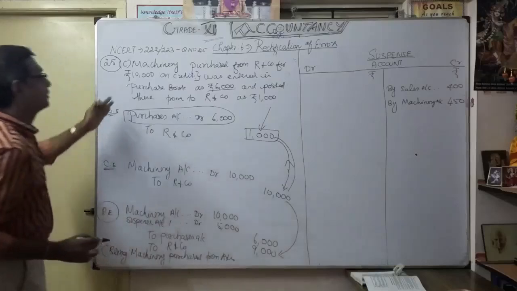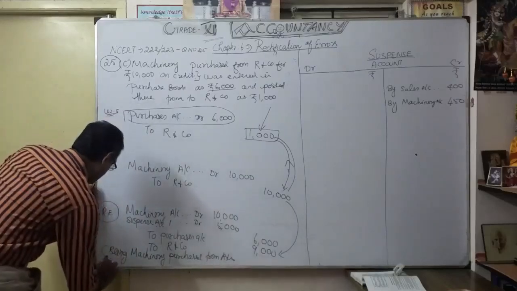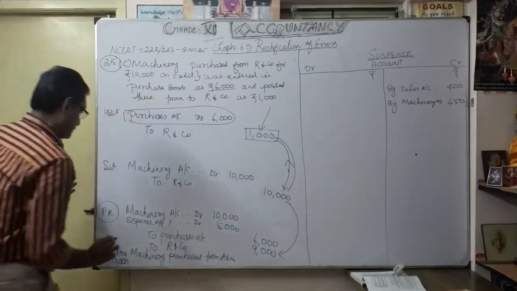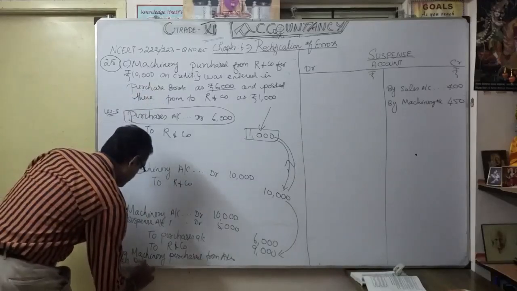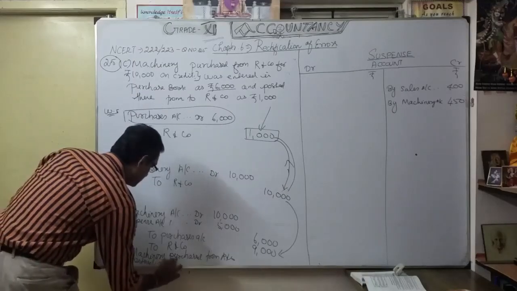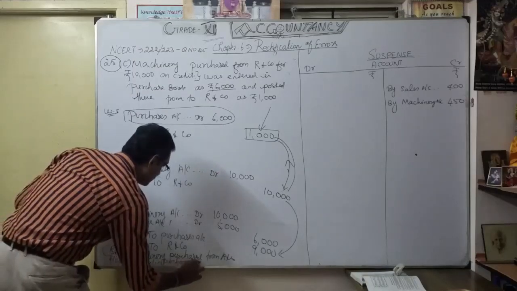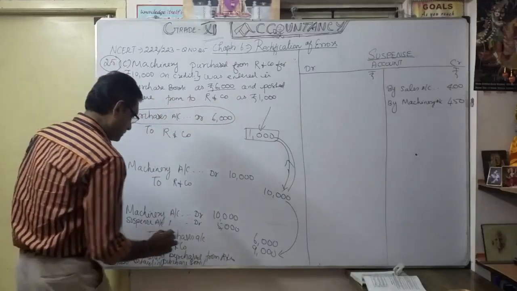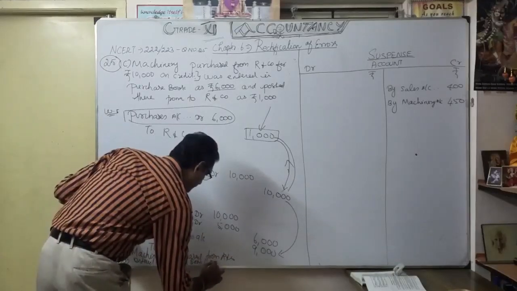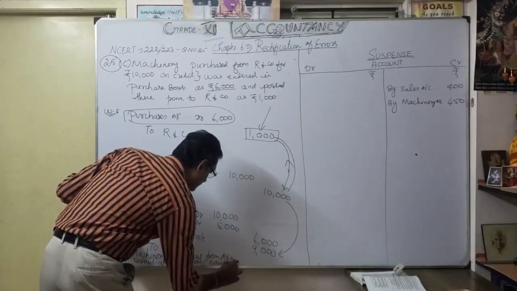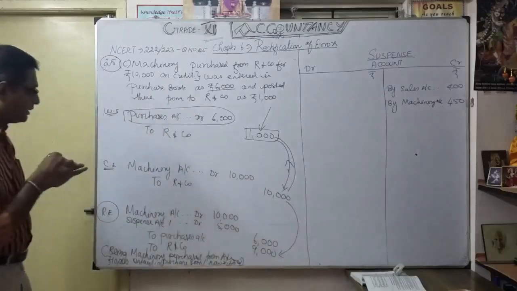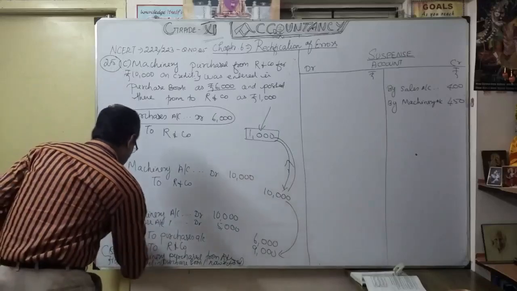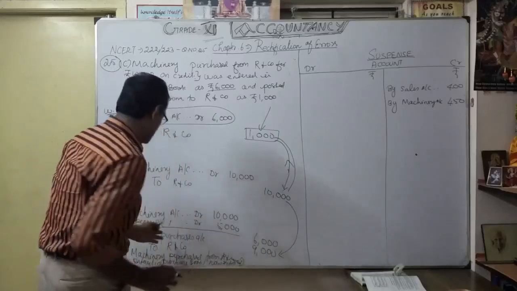RMCO, 10,000. Okay, entered in the purchase book. And from RMCO, 1,000. So now rectify. You want to write the detail in the narration. Now understood? That's very important for this. Now, how is the posting as a suspense account in the book? Suspense account, we are going to do this one.